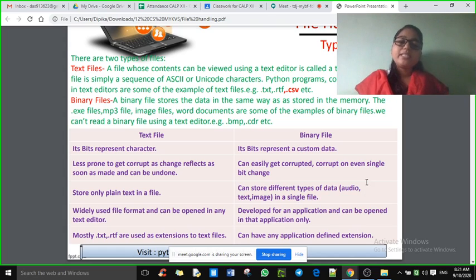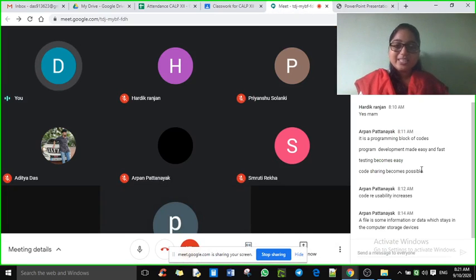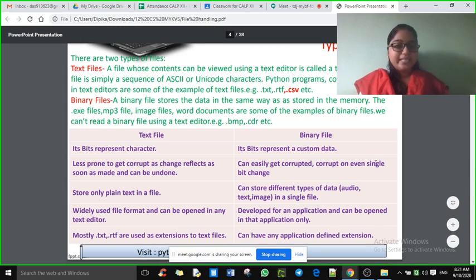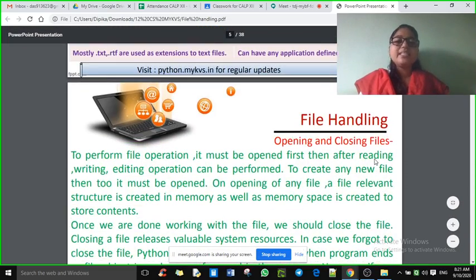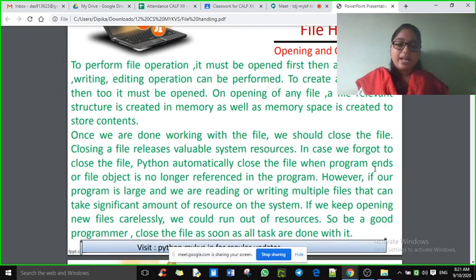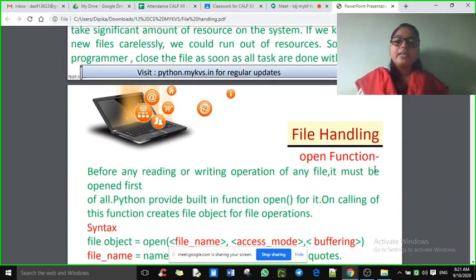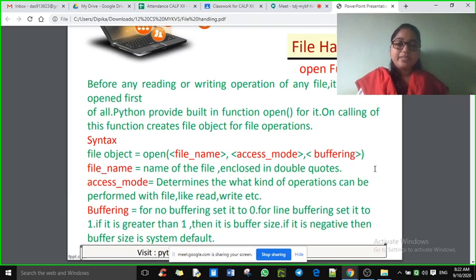What will be your answer? Ma'am, binary. Very good. Who is that student? Smriti? Yes, she answered it correctly that a binary file gets corrupted easily, whereas a text file is less prone to corruption. That is, it can't be corrupted so easily.